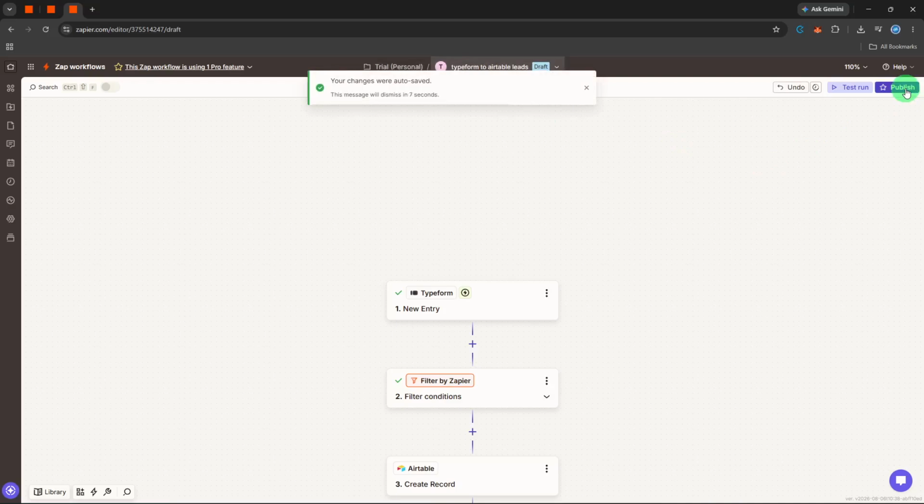A couple of quick things to keep this running smoothly. First, if you ever add new fields to your form, you will need to come back into this Zap, refresh the trigger fields, and remap them. Zapier does not do that automatically. I learned that the hard way. Second, keep an eye on your